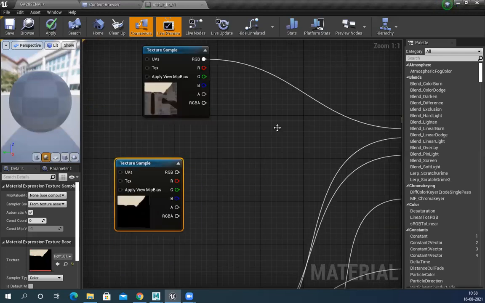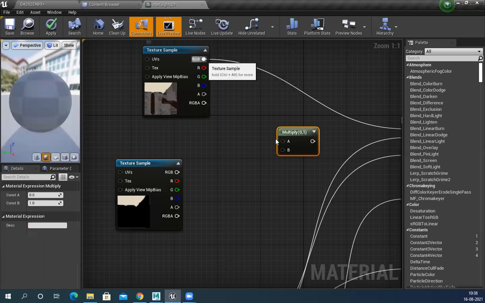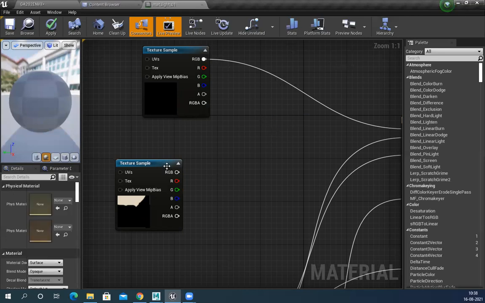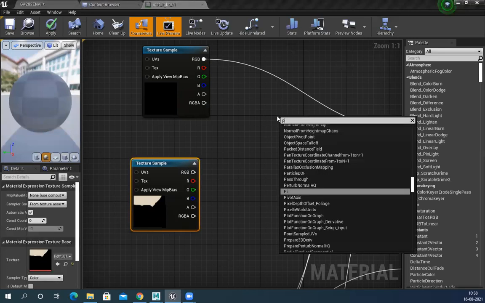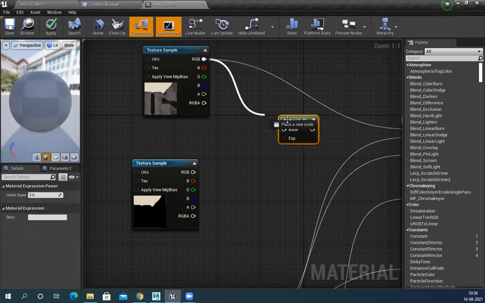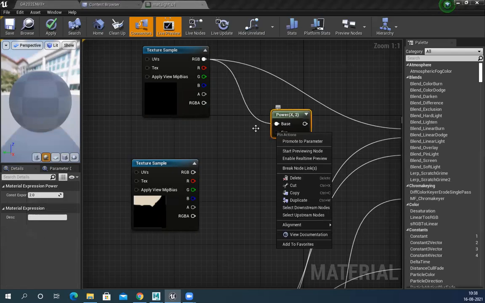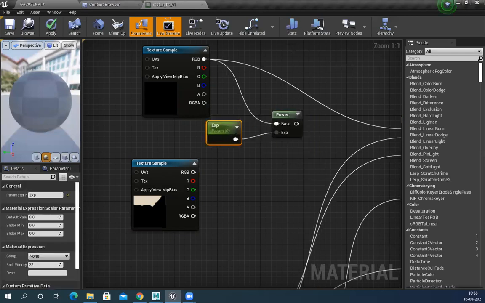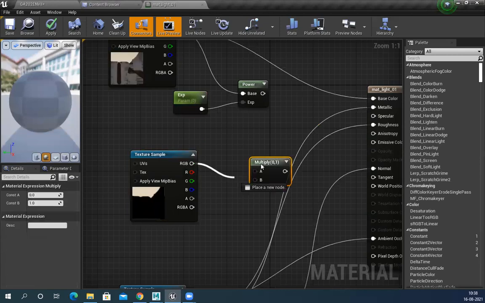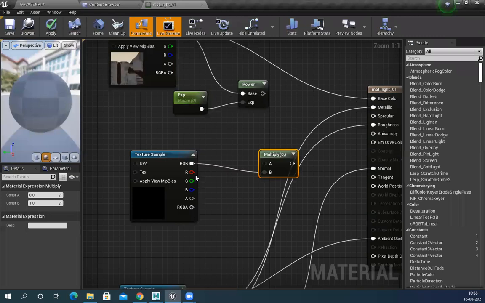So I'll create a multiplier here. Or I can use a power node here. Power, just to enhance this color. Right click, promote to exponential, and then multiply this with the same color output.